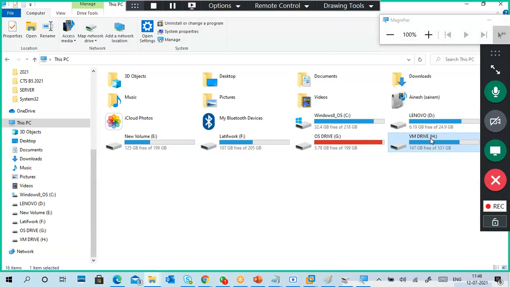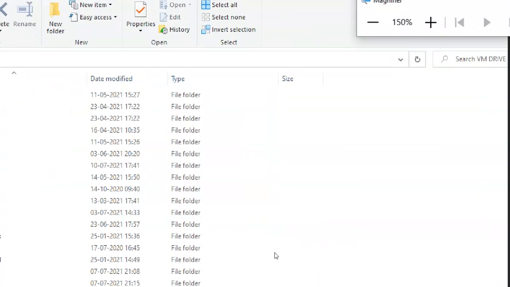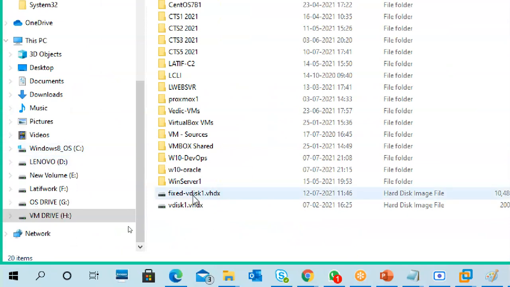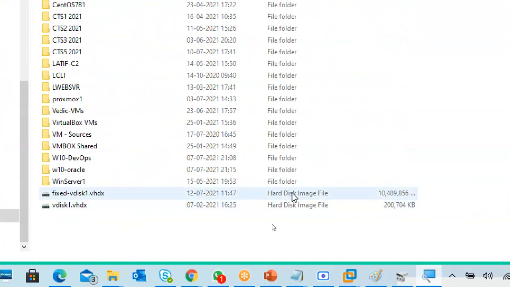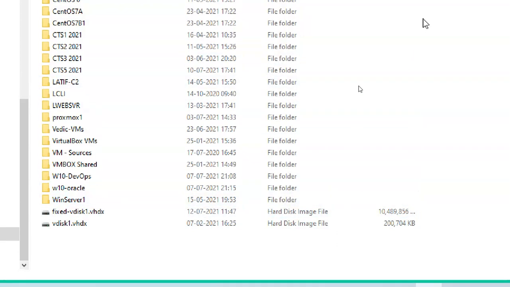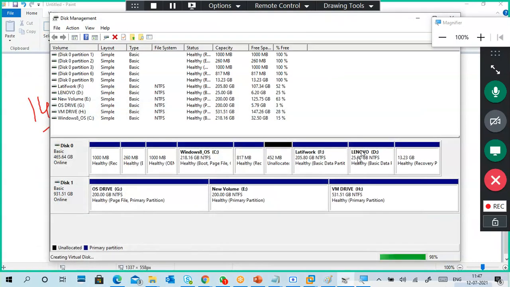Where is my H drive? So this is my H drive. If you look here, this is my fixed hard disk file, fixed V disk1 dot VHDX, hard disk image file. It is showing around 10 GB, but it is not yet activated, not yet formatted. So we'll see that.